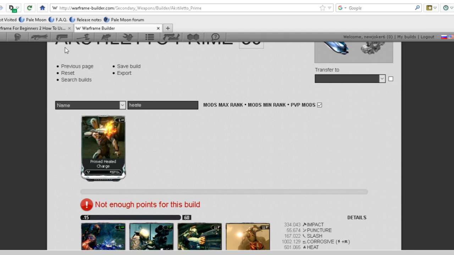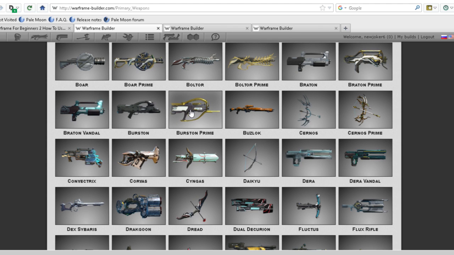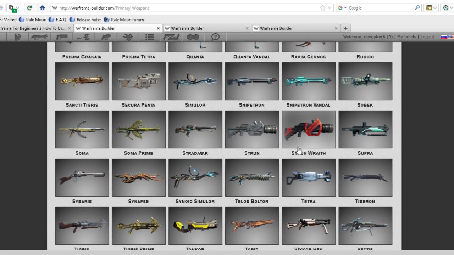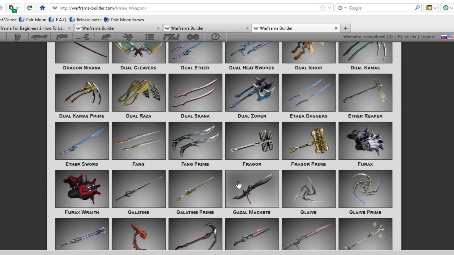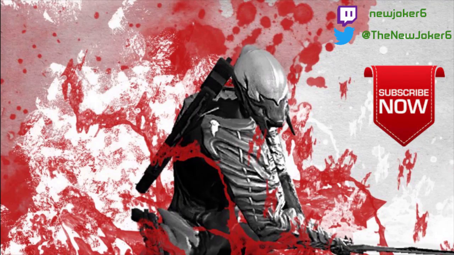I do just want to go over a quick look at everything that you put on a basic before you take a look at the stats. So we're going to pick a random, wow, voice crack. I know this is going on a little long. I just want to make sure that you guys get it. Let's take a look at, I don't know, Strun. Use the Strun for that. We'll use Despair. And then for melee, let's pick one of my favorites. We'll go with the Dragon Nikana. I love the Nikana series. Okay, so we're looking